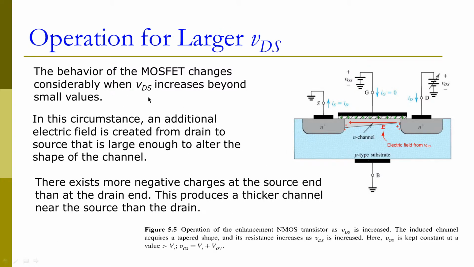If we continue to increase the drain to source voltage, that is the VDS, and this VDS increases beyond a certain value, we are going to form an additional electric field at the drain, from the drain to the body or to the source. This electric field will become large enough that it will change the channel shape. This change will generate more negative charge close to the source side, but the channel width at the drain side will become